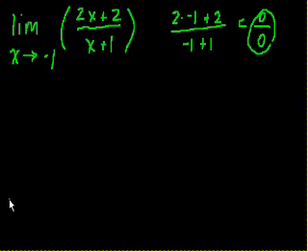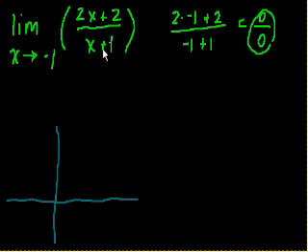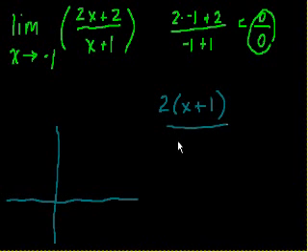So if I draw a graph, so these are the axes. Actually, I'll do the graphical and the analytical at the same time. So I'm going to rewrite this expression in a way that maybe I can simplify it. So 2x plus 2, isn't that the same thing as 2 times x plus 1? 2 times x plus 1, right? 2x plus 2 is the same thing as 2 times x plus 1. And then all of that is over